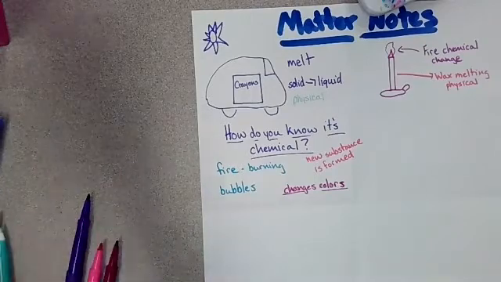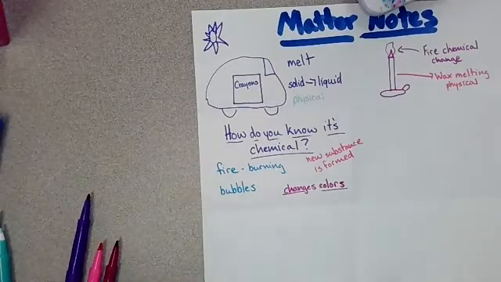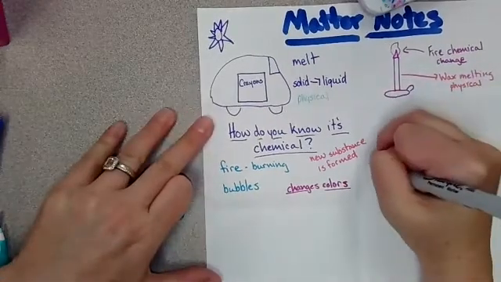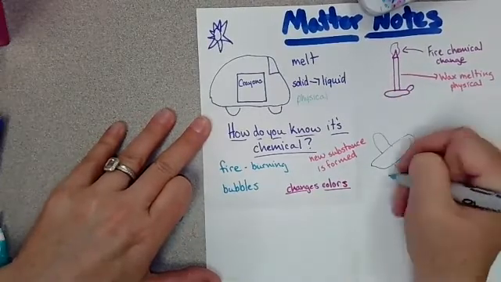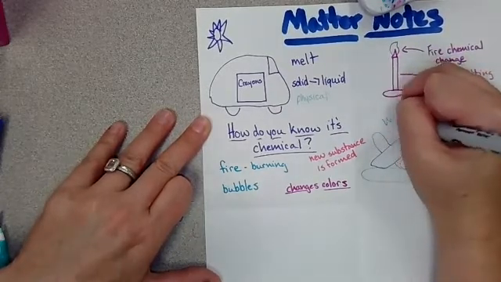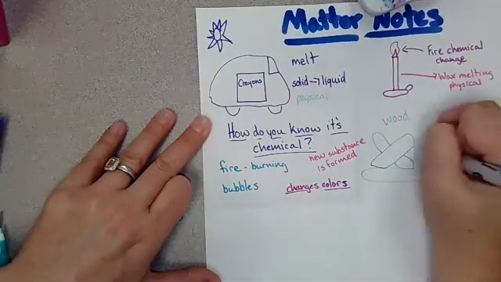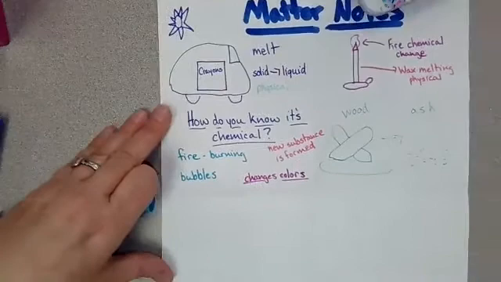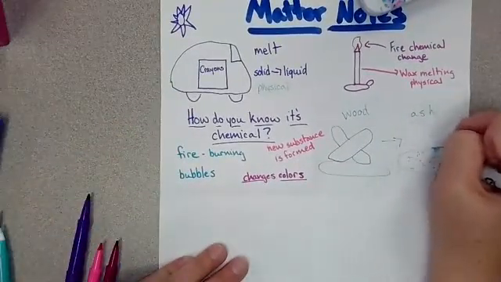All right, so a good example is if wood turns to ash. Write that down. Let's draw a piece of wood. Let's draw a campfire. So if you've got a campfire and then when it's all done, it's just ash, wood to ash is chemical. It burnt up. Now it's just little coals laying on the ground inside the campfire, right?